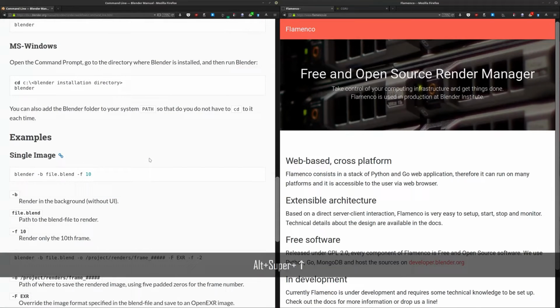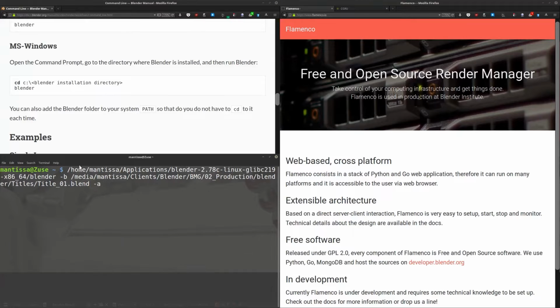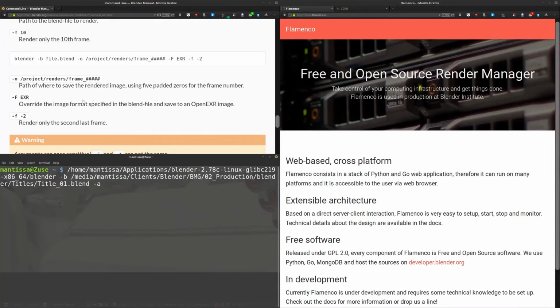Now, I'm going to push this up for a second, and this is how I do things on Linux myself. So I'm just going to deconstruct this very quickly and show you the very, very basic commands. There's a whole bunch of extra ones, as you can see here in the documentation. You can look through them and see what works for you.